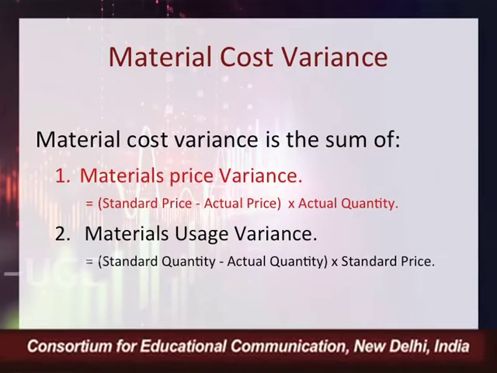So if you look at the formula of material usage variance, it is standard quantity minus actual quantity, into standard price. In this way, we have come to know all three formulas: how to calculate material price variance, usage variance, and material cost variance. The flow is, we first calculate the material cost variance, then it needs to be justified with the computation of price variance and usage variance.